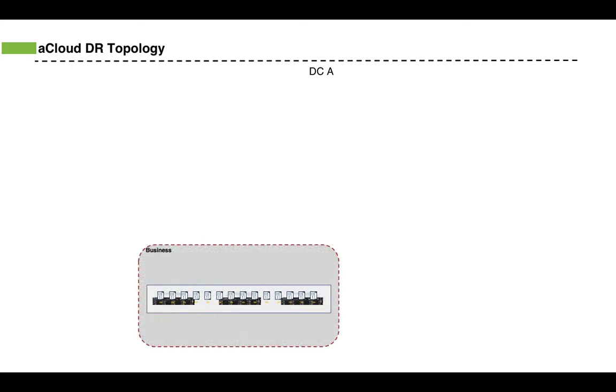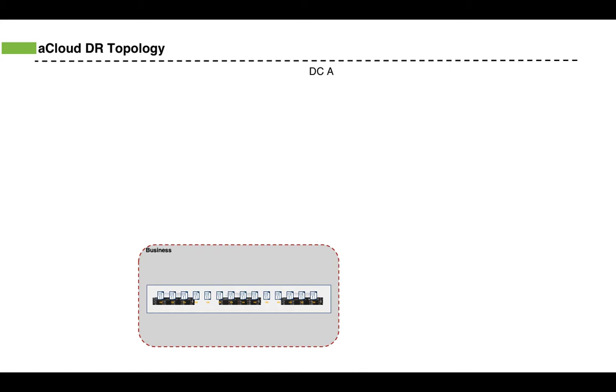The DR solution can be realized with only 2 aCloud platforms that can communicate with each other. The communication link between the 2 sites can be dark fiber, leased line, or a stable internet VPN connection. Compute, storage, networking, and security resources can be quickly and easily constructed with x86 servers and Layer 2 switches in